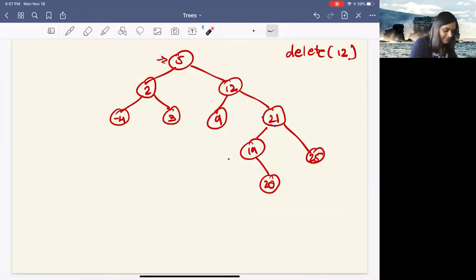In this case, the minimum element is not 20, the leftmost child is 19. So if you go to the minimum element in the right subtree of the element that you want to delete, and if you replace the node that has 2 children with it, if you make this node 19,